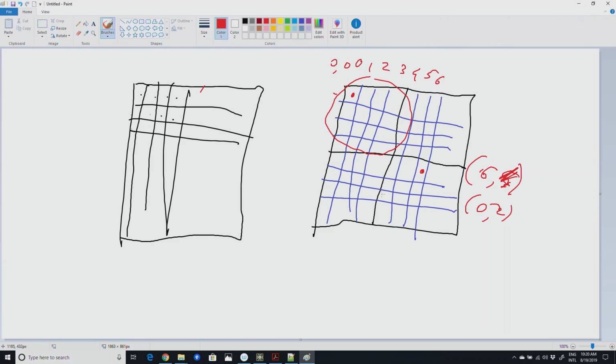And so this workgroup ID, the coordinate of this workgroup, would be 0 and 1. So this one is 0, 0. This one is 0, 1. This one is 1, 1. And this one is 1, 0. So if you multiply 0 times 4 plus 2